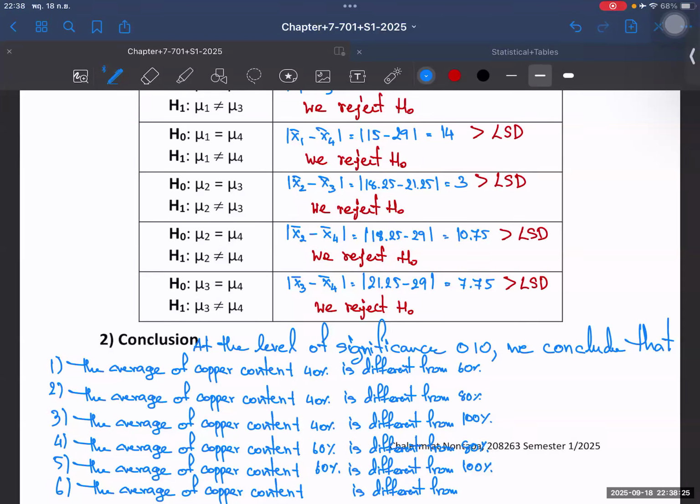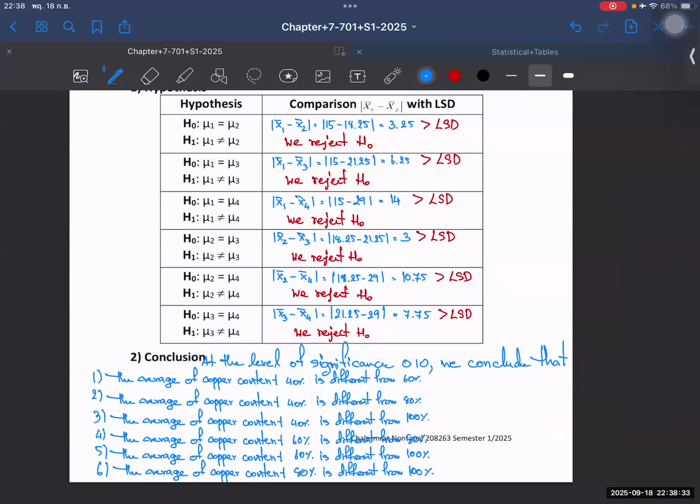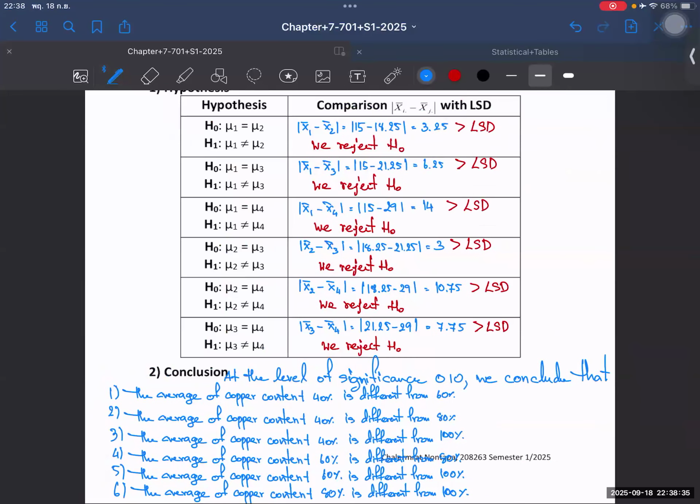And the last one is 80% different from the 100%. Okay, like this. Okay, this is a conclusion because we have different for each